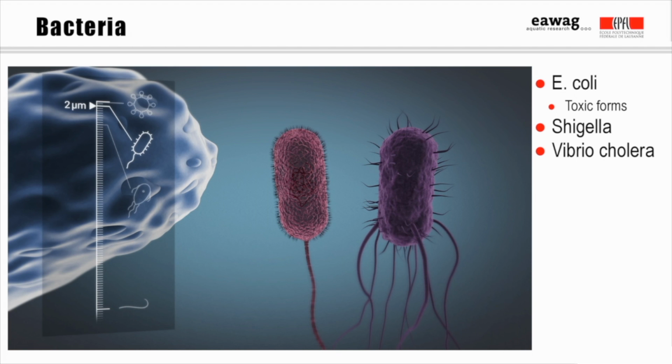cholera, trachoma, or salmonella. Here you see the E. coli and Vibrio cholera bacteria. They, like most bacteria, are about 1 or 2 microns in size. E. coli is universally found in human and animal feces, but is normally not pathogenic. In fact, E. coli is the preferred indicator bacteria used to demonstrate fecal contamination.